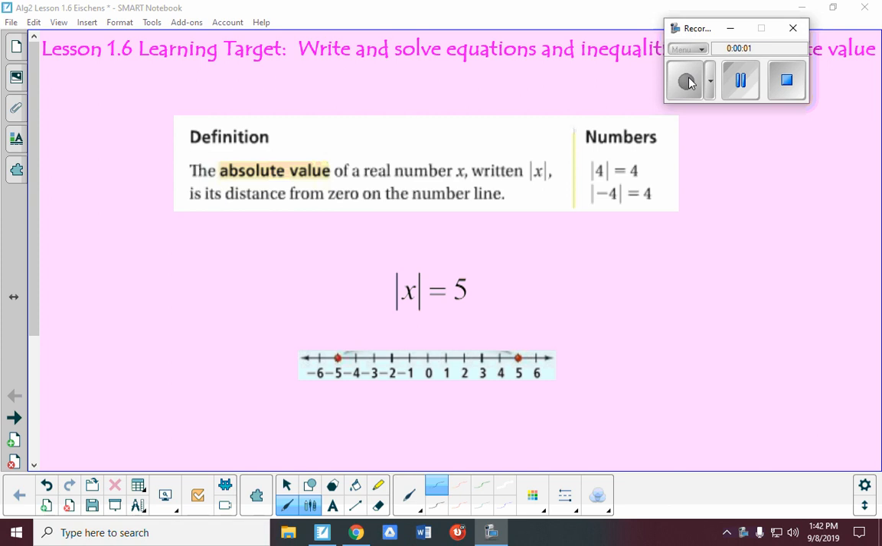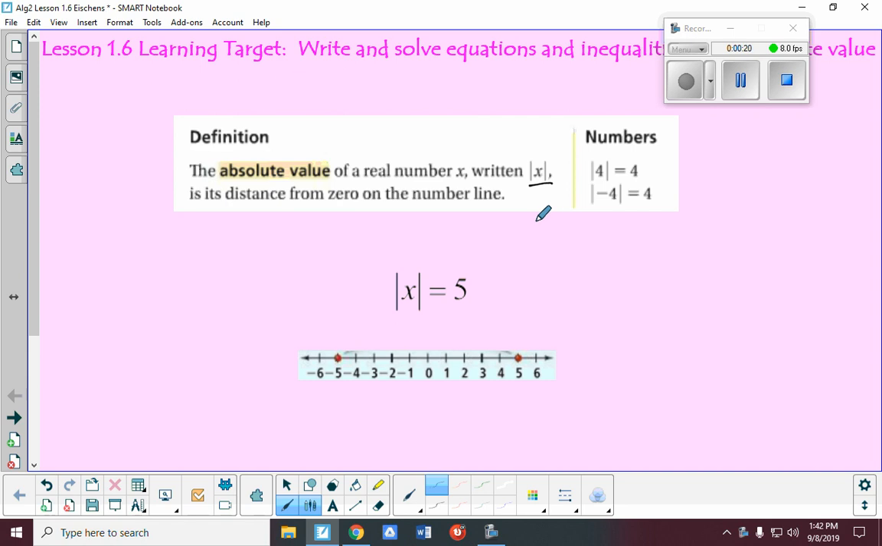Right, this is lesson 1.6, and we're going to be talking about writing and solving equations and inequalities with absolute values in them. Before we do that, we need to look at the definition of an absolute value. The absolute value of a real number, x, written |x|, is the distance from 0 on the